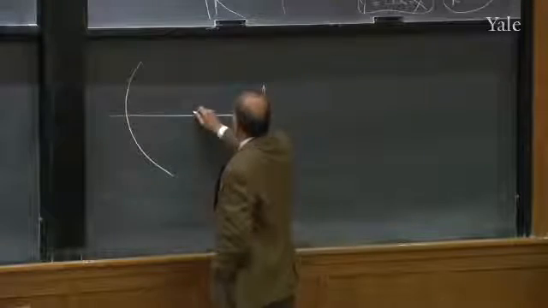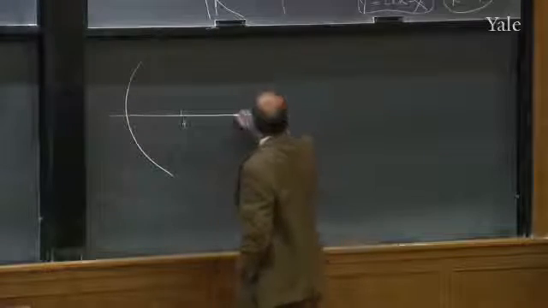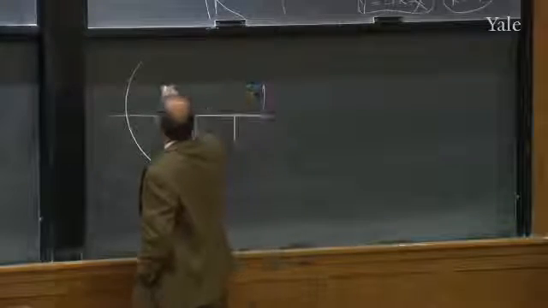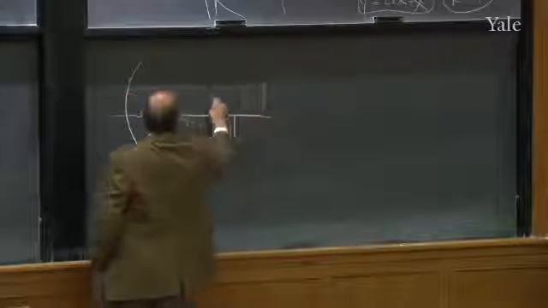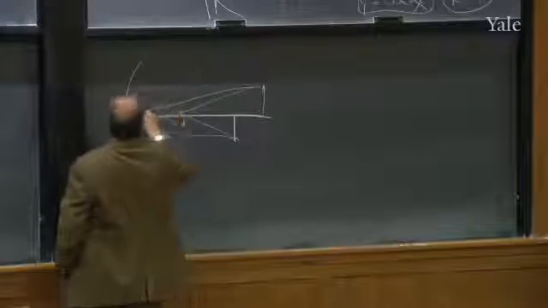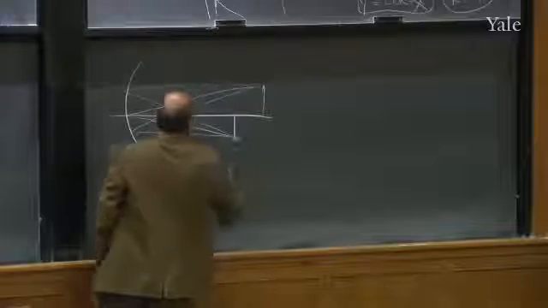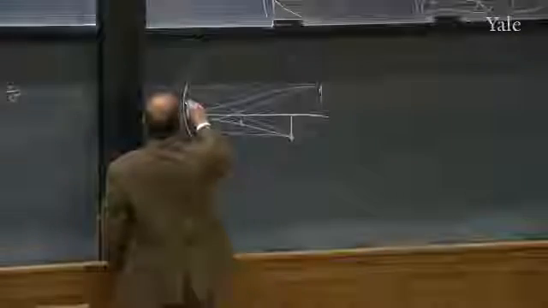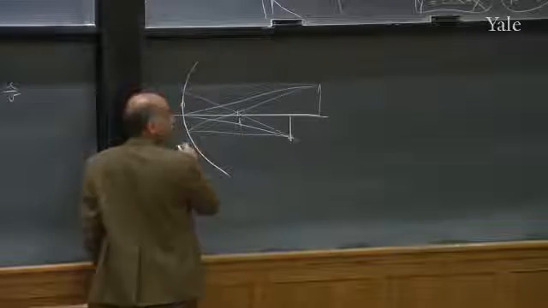Here is that mirror, right? And I took an object here. That's the focal point. And I drew some number of rays, 3 of them, in fact, right? This one, that one, and one through the center. They all came. If I want to show you that if I took an arbitrary point at height y,